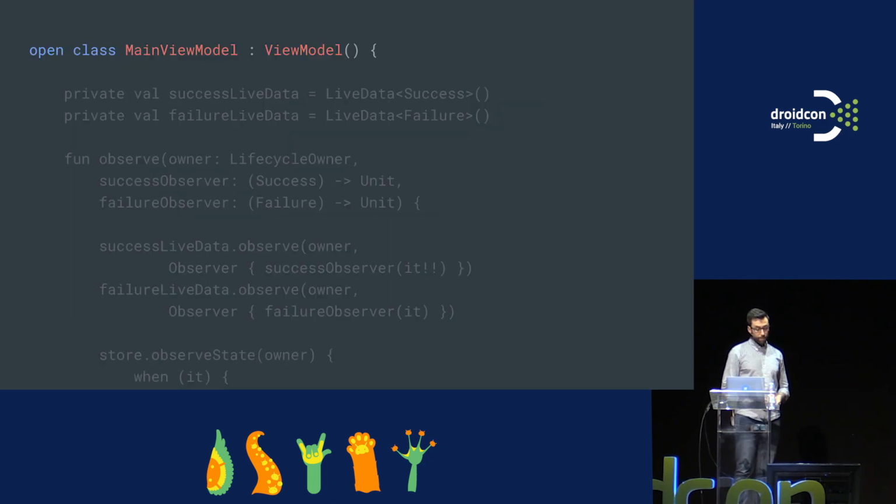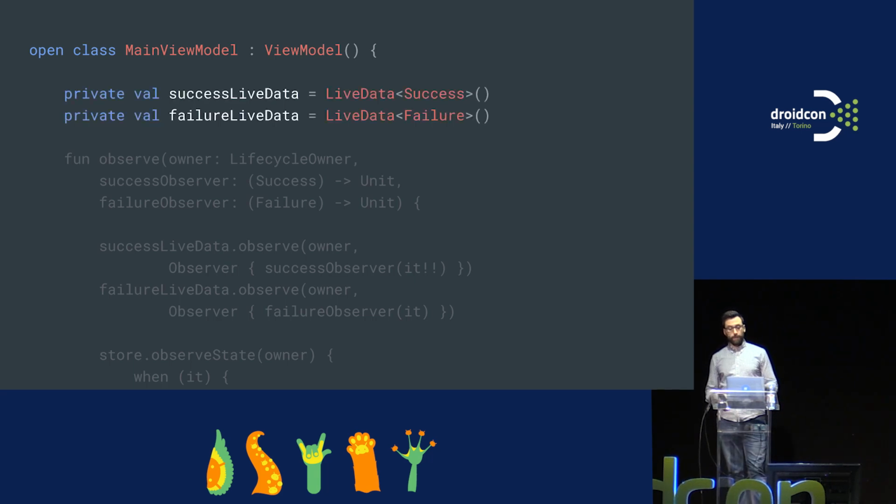How does the main view model look though? That's the big difference from what we had before. Now we have two live data, one success and one failure. The reason is that whenever we're recreating this screen, we want to make sure that we have both last states, because based on the screen and how the feature is going to work, we might want access to both of them. What was the last failure we had and what was the last success? By doing so, whenever the app is rendered again, we can always get back the latest objects from live data and decide what to do.